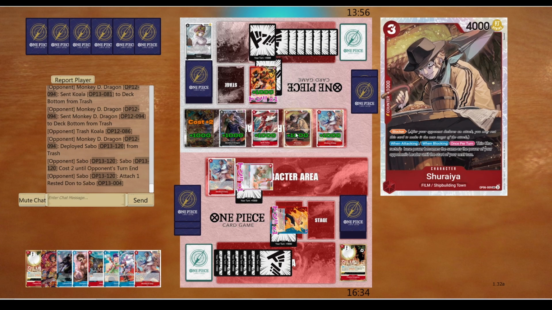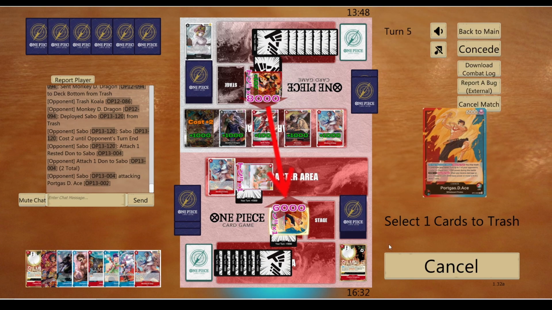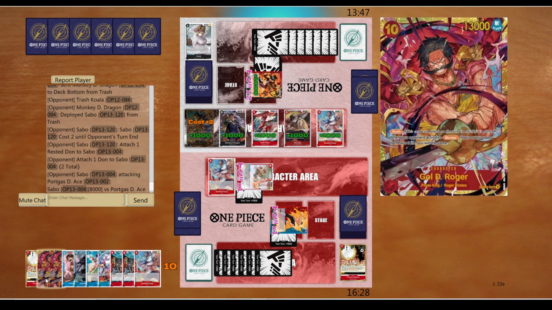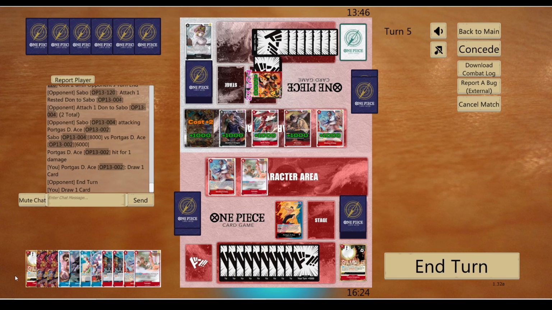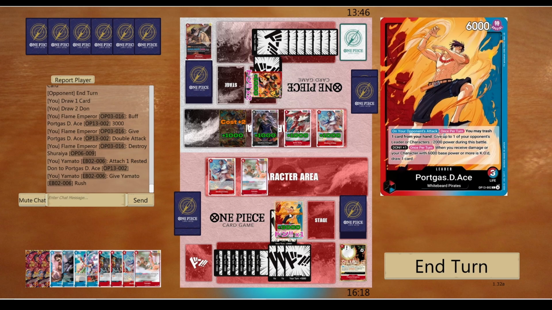No, I think the Shiraya's got to go. He's doing too much. I'd prefer it if they can't buff themselves to what I'm going to hit them in the face for. Let me see. What else? No, I'm going to take this one, just so I can get the Tax Beard effect too. I definitely don't need 2 Rogers. And yeah, Shiraya is no longer among the living. I am indeed just going to go...